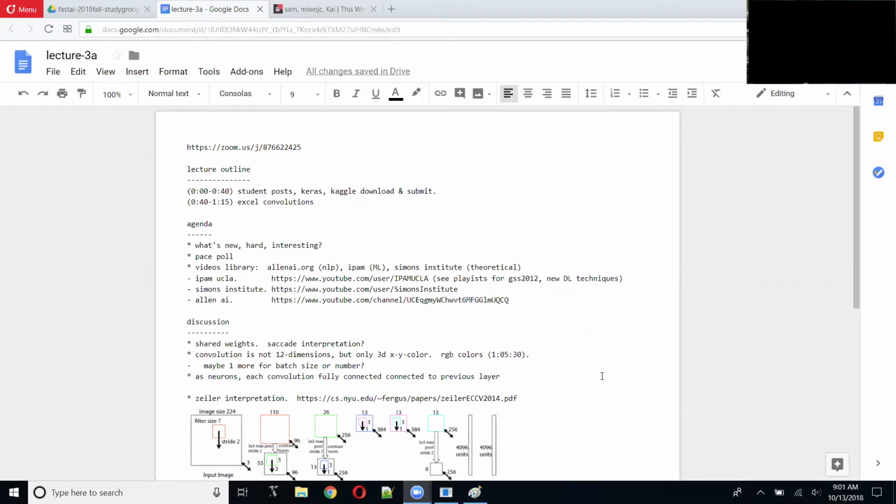Yeah. All right. Good. So this week's lesson spent the first 40 minutes just talking about student post Keras, which we won't be doing. He translates some of the Fast.ai stuff into Keras, doing what he wants. It turns out to be a lot more code than Fast.ai's three-liner, and he went through how to download data from Kaggle, the command line, and how to submit data to Kaggle if you're entering a competition.